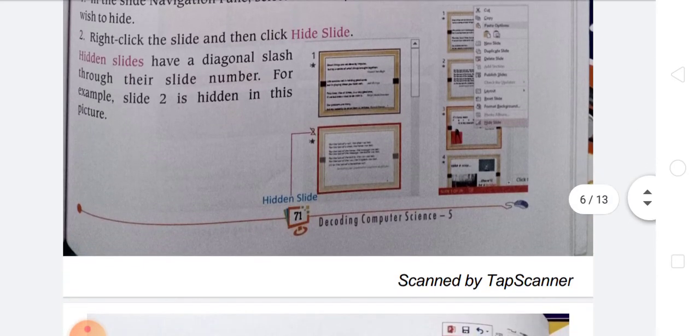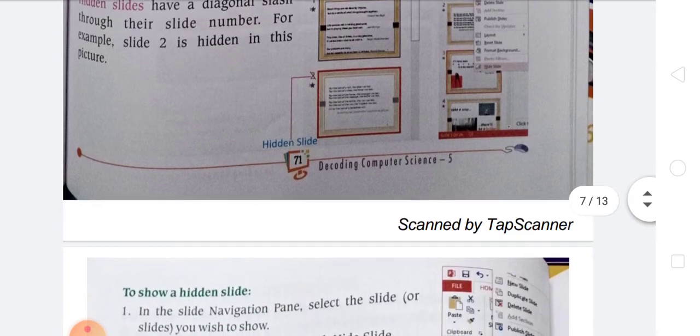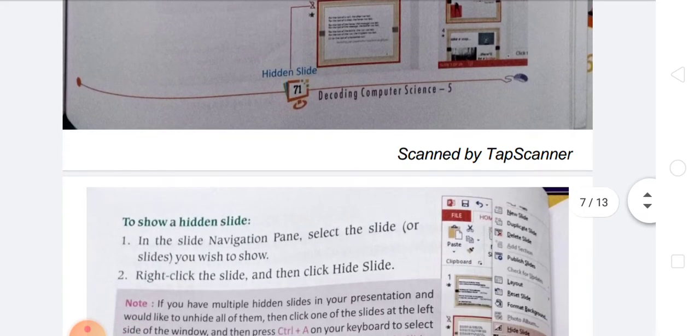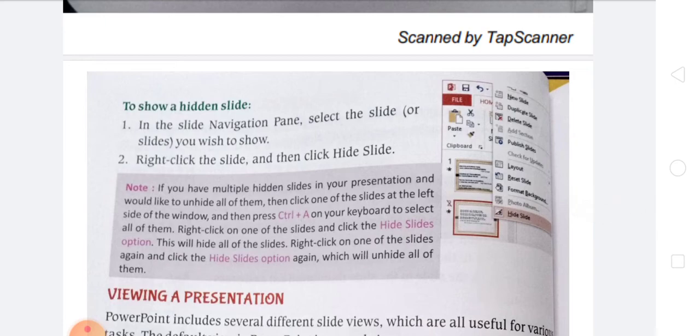Hidden slides have a diagonal slash through their slide number. For example, slide 2 is hidden in this picture. Then to show a hidden slide, go to the slide navigation pane, select the slide you wish to show, then right-click on the slide and click on Hide Slide.